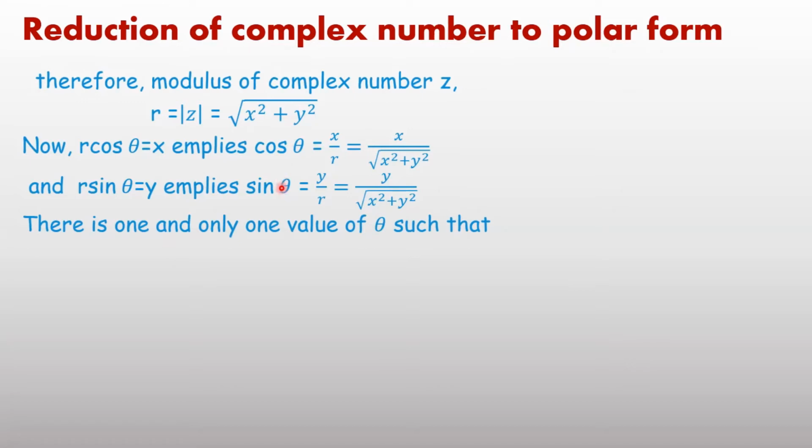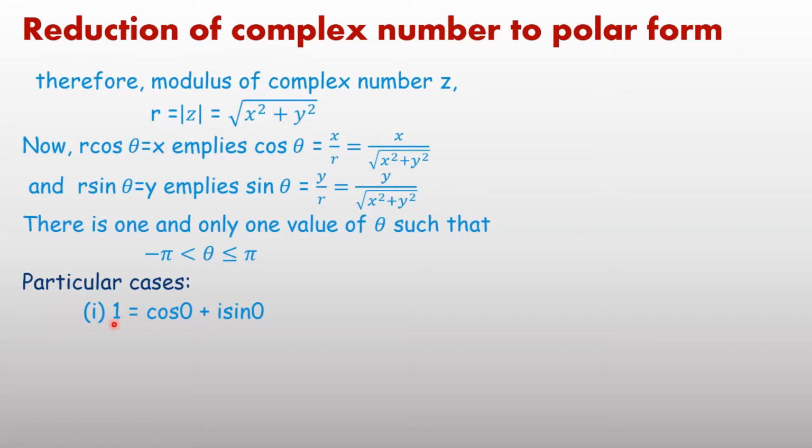Now, you have to find the value of theta which satisfies both cos theta and sin theta. So there is only one value of theta such that minus pi less than theta less or equal to pi, which satisfies both the equations of cos theta and sin theta here. And so therefore, with the help of the value of cos theta and sin theta, you have to write the value of theta. After that, some particular numbers I want to write in complex form.